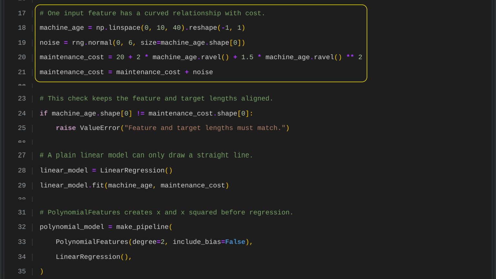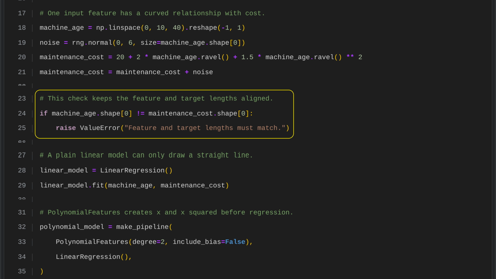as machines get older. The code verifies that the machine age data and maintenance cost data have the same number of entries. If they do not match, it raises an error, ensuring every input has a corresponding target value before